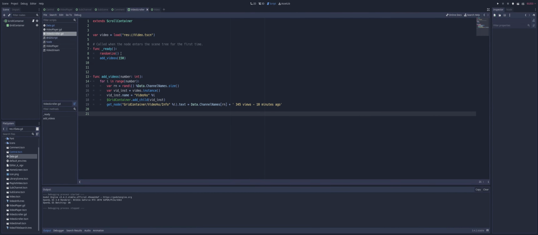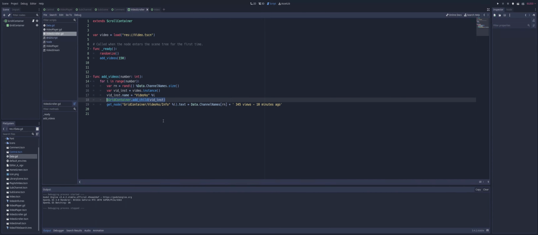Closing that down. So again, we're calling randomize because you want to use that anytime we use a random function. We're adding a set amount of videos. We're loading our video scene, running into a for loop, getting a random number so we can get a random index of our channel name so we get a different name every time, creating an instance of our video, giving our video node in here a name. That way we can access it easier inside of our list here,